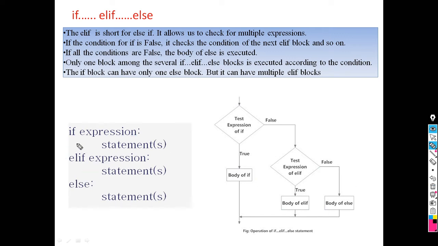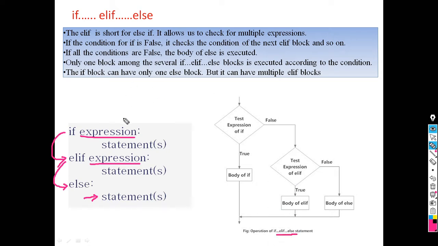And if this expression is false, then it will go to the else part, and then it executes all the statements present within else. So this is the flow, shown diagrammatically here. This is the flow of if, elif and else.